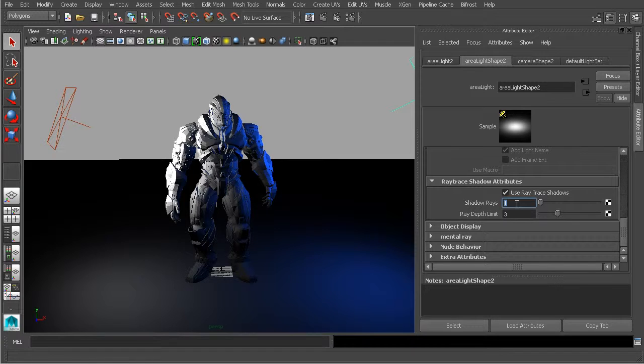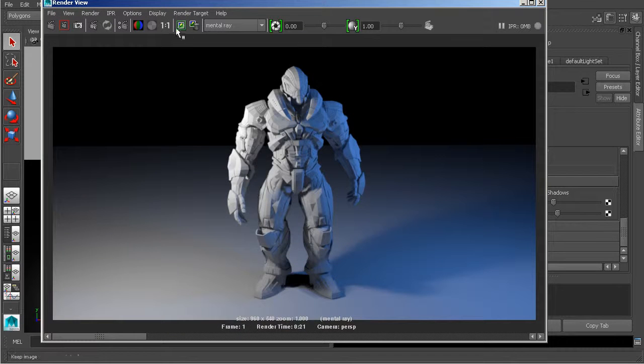So with older versions of Maya, you would have to adjust your sampling rate, your max samples in your render settings, and then you would need to come into each and every light source for your shadows and maybe bump up your number of shadow rays so that you could begin to increase the quality. So if we do that for both of these two lights, we'll just set them up to a value of 10 here. And at this point, if we came back in, saved for comparison and re-rendered,